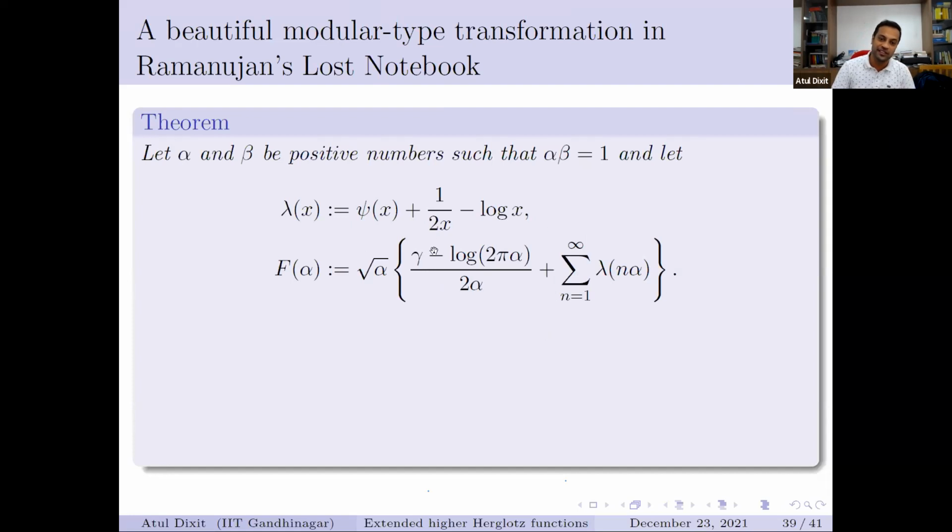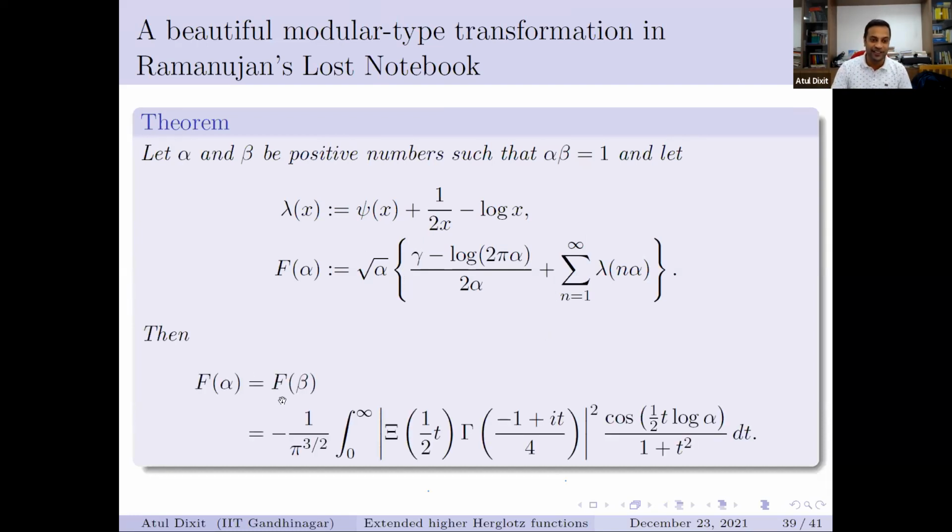Then Ramanujan takes these residual terms involving Euler's constant, multiplies the thing by root alpha, and then has a beautiful property that f of alpha is equal to f of beta, where alpha and beta are such that alpha times beta is 1. This is a modular relation. In modular forms, you have z going into minus 1 by z. This is an analog of it. Equivalent to alpha going into 1 by alpha is that z going into minus 1 by z. And not only that, both